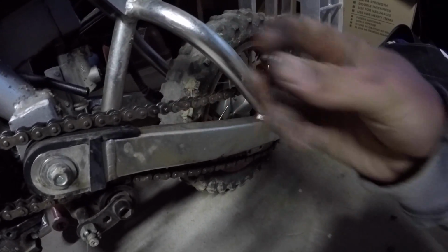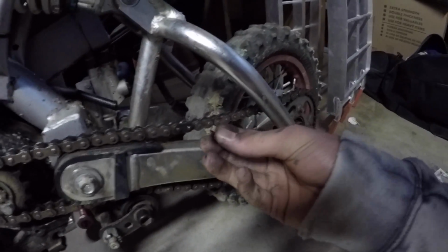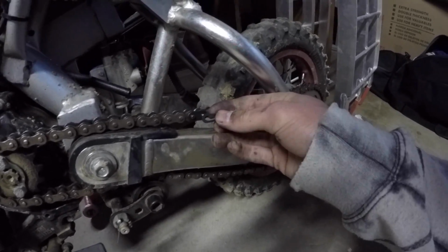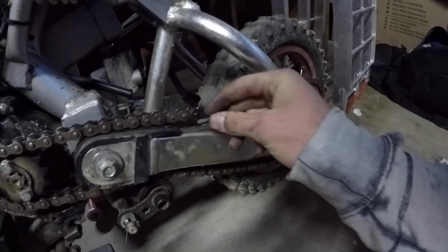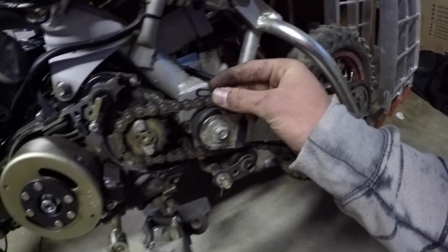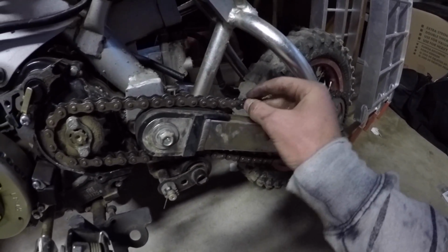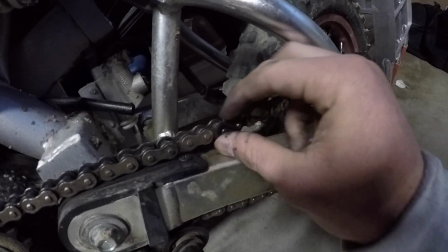So once you get the chain on and just the Masterlink put through, you want to put on this little flat thing that it comes with. It should slide on pretty easy, and then you want to put it so the curved part is facing your motor. So when the chain comes through, if it hits anything, it just knocks the Masterlink more on than knocking it off. So you just want to slide the first part over this,